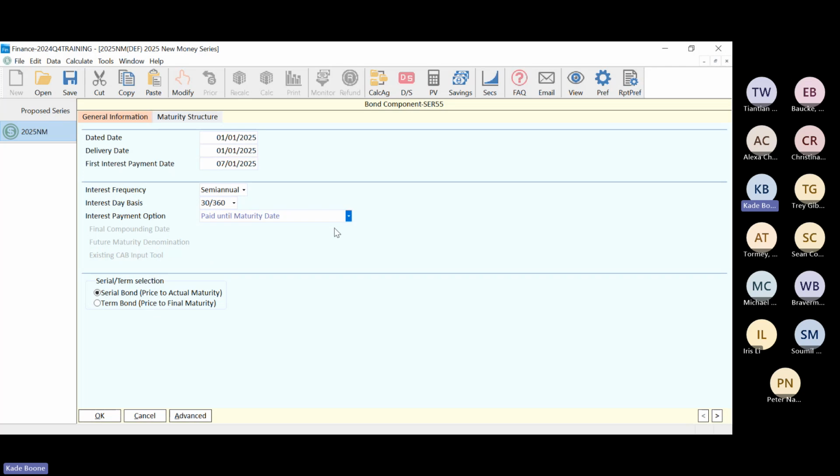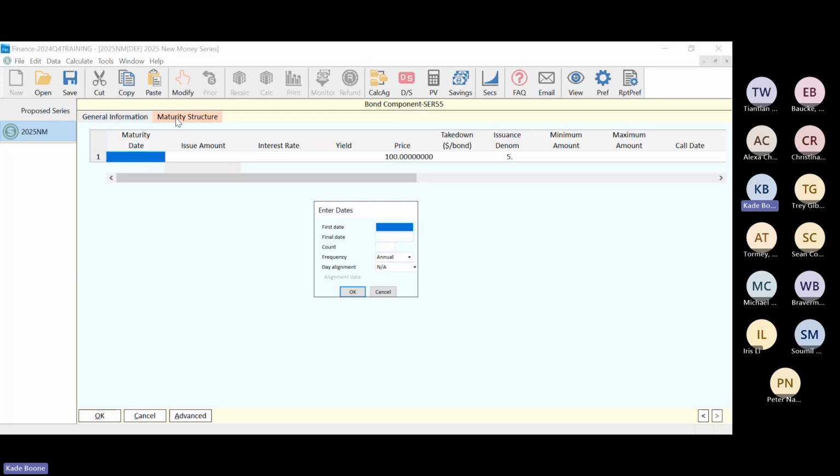You'd make that change. Naming it serial or naming it a term bond doesn't mean that's how it's going to compute, meaning when we create a couple of term bonds, you have to select the price to final maturity. By default, serial bonds price to actual maturity. We'll go in here and we can say, let's see,